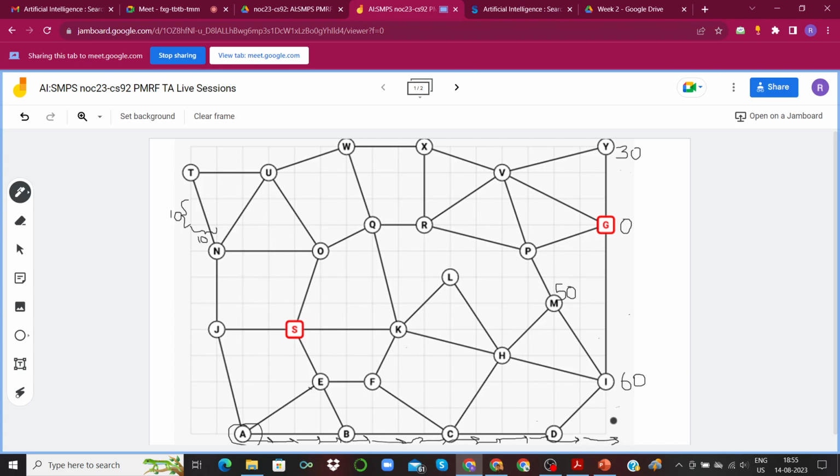Now we go up 15, 16, 17, 18, 19, 20, 21, and 22. So you can go all the way right and all the way up, or all the way up and all the way right, or something like this as well. Doesn't really matter.